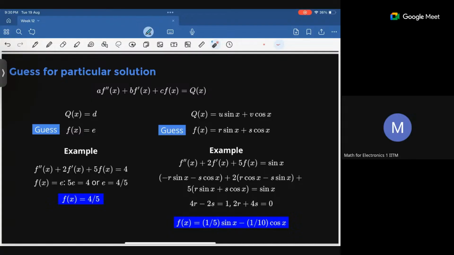Right, so this is the particular solution that we are going to get. So similarly, if q of x is some sin x or cos x or any linear combination,